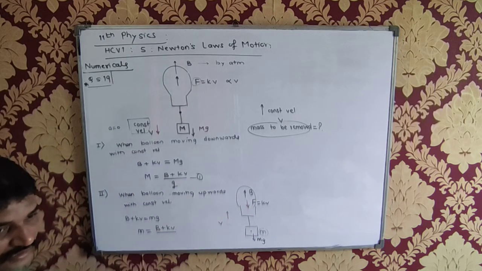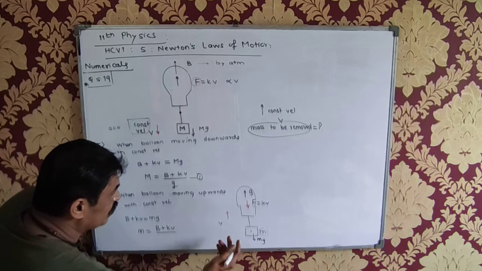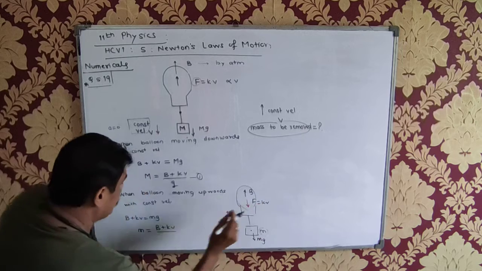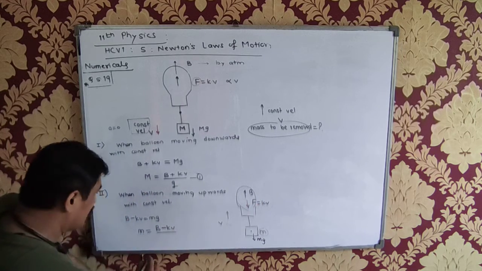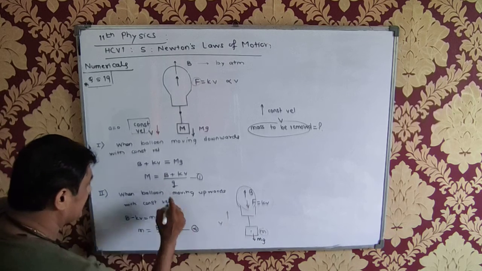Against. Did you understand that? Yeah. That is air resistance. तो यहाँ पर वो बलून जो है, यहाँ पर what is the net upward force? It is B minus kV. This is B minus kV. Did you understand that? Yeah. Upon G. This is what we say. Now ये है equation 2 और ये है equation 1.